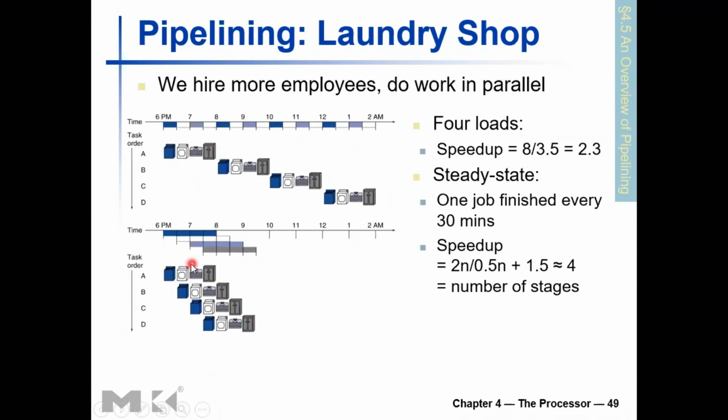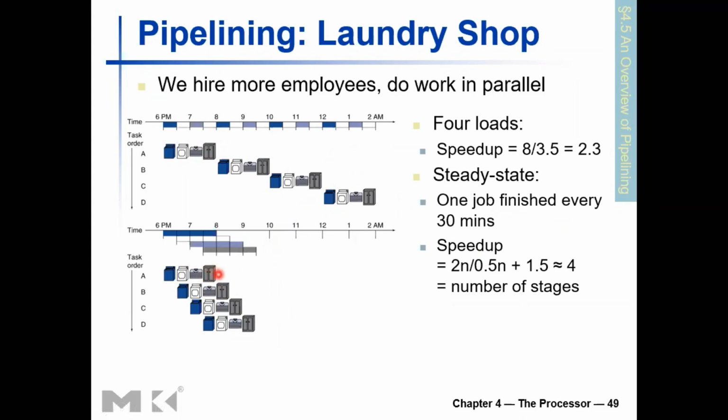Throughput is how often you finish one job. In this case, every 30 minutes, every half an hour, we can finish one job. And that measure is called throughput. Here, the throughput is how often do you finish? It's 1 every 2 hours. Here, 1 every 30 minutes. So